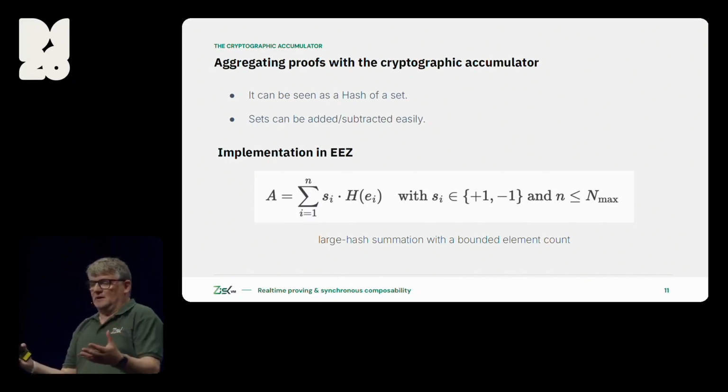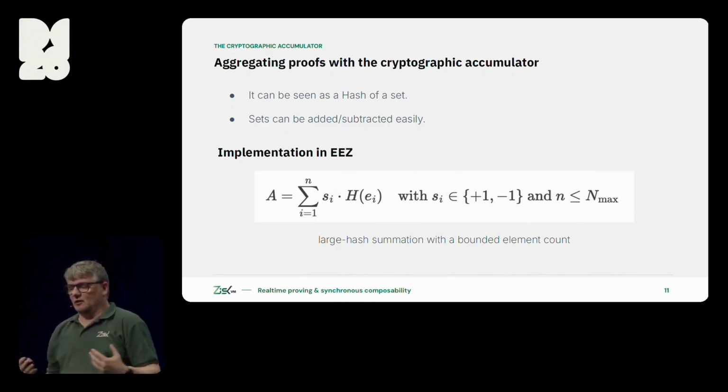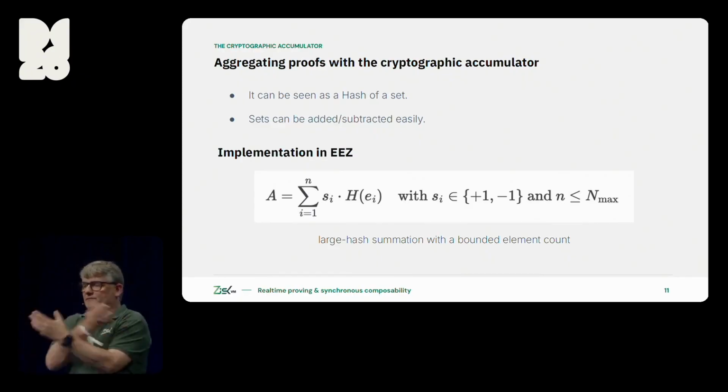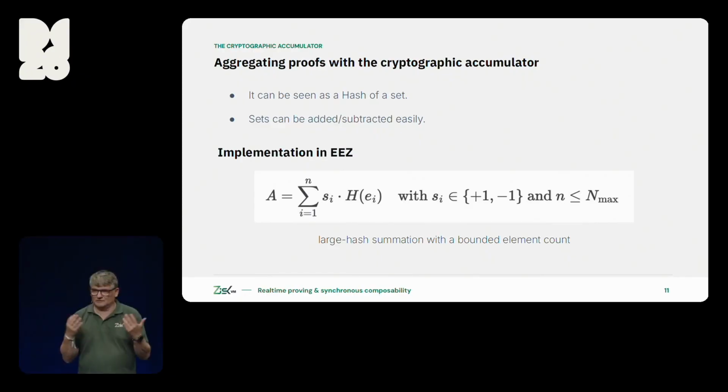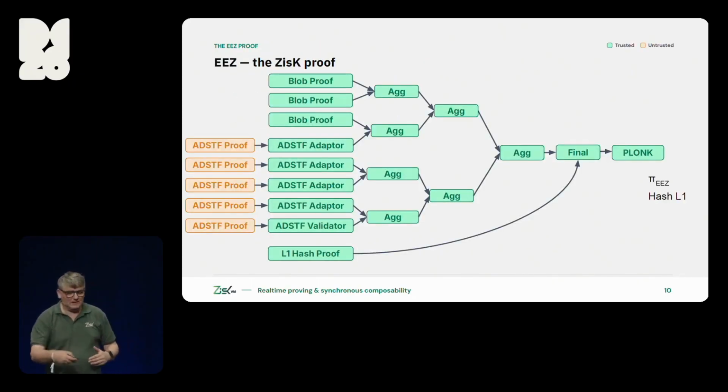So the idea is that if you have two elements and you hash them normally, it depends on the order. The idea is that in an accumulator, when you have two elements and you hash them, it doesn't matter if you switch or reverse them. So this is the idea of the cryptographic accumulator. And the cool thing of this structure in ZisK is that it allows you to have many proofs,